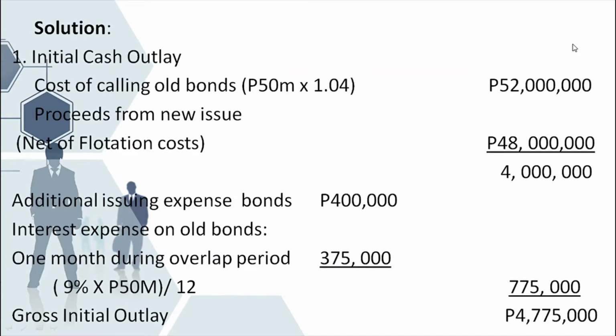The first solution, initial cash outlay. Cost of calling old bonds, 50 million pesos times 1.04, amounting to 52 million pesos. Proceeds from the new issue net of flotation cost amounting to 48 million pesos. Then we will subtract 48 million from 52 million, we get 4 million pesos. Additional issuing expense of bonds amounting to 400,000 pesos. Interest expense on old bonds for 1 month during overlap period, 9% times 50 million divided by 12, and we will get 375,000. We will add it to 400,000, then we will get 775,000. To get the gross initial outlay, we will add 4 million and 775,000,